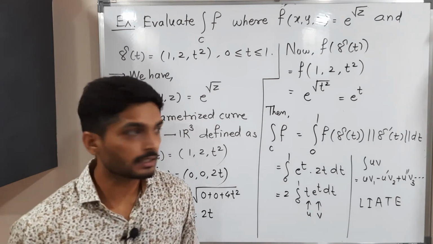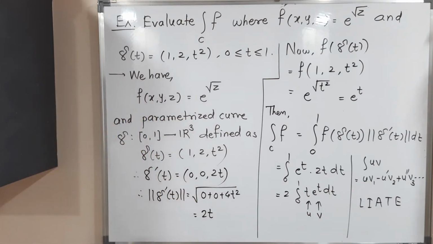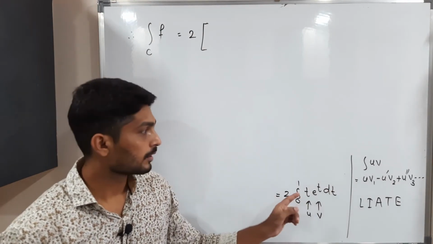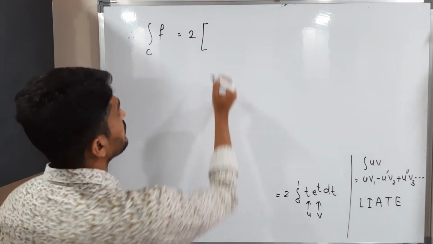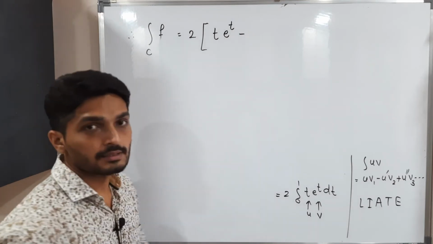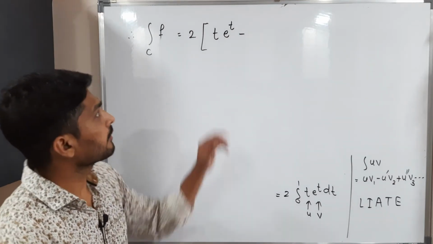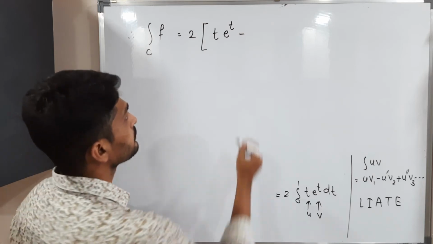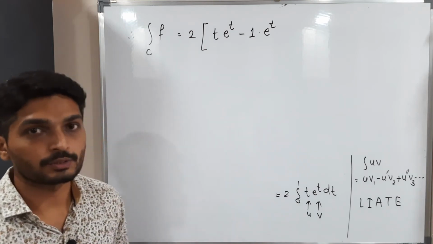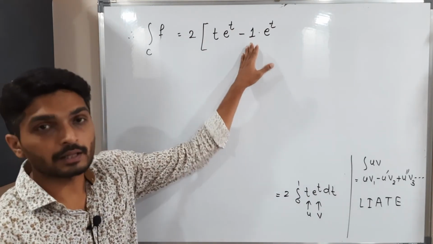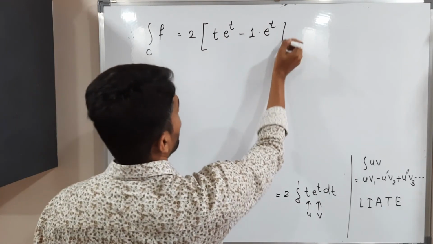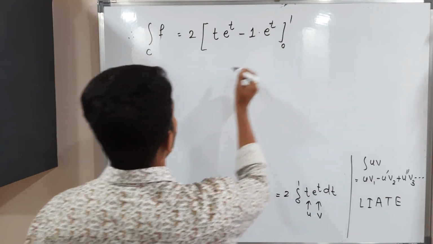After that, we will solve the integral using this formula, but make a screenshot of it first and then we will go further. So let us use this formula. We write u as it is first, t, times its integration e raised to t, minus, see there are alternating minus and plus signs, the derivative of t, which is 1, into its integration again, e raised to t, plus the derivative of 1, which is 0. When we get derivative 0, we stop there. I close the bracket here, with limits 0 to 1.